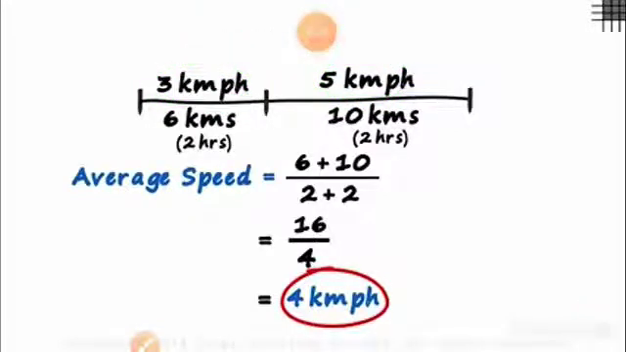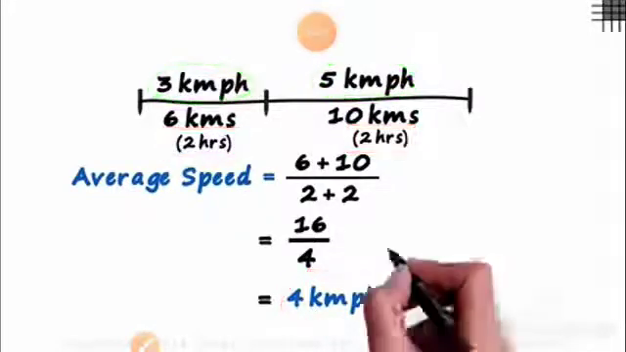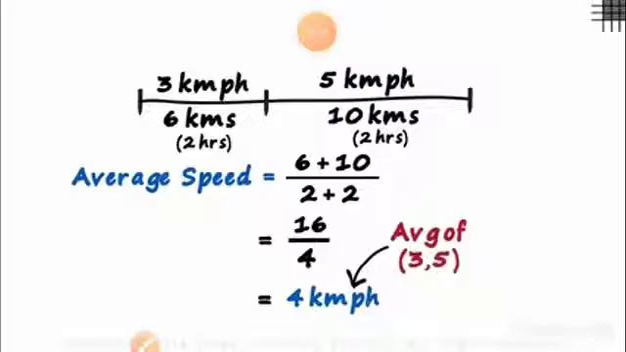So this will be the answer. Since 4 kilometers per hour is equidistant, that means it is nearer to both 3 kilometers per hour and also 5 kilometers per hour. That's why